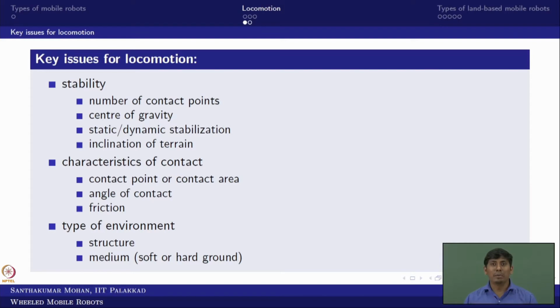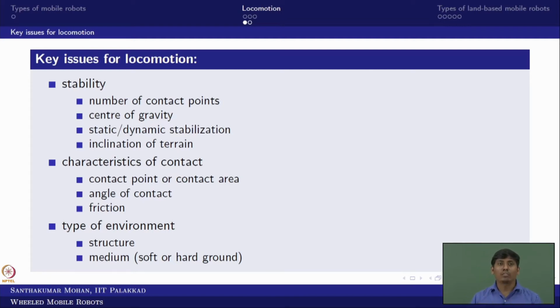If you talk about stability, there are two types of stability. One is at rest, in the sense that there is no motion or constant motion executed. At that time, how is the system stable? This is nothing but what you call static stability. But static stability is not the important one in all cases of mobile robots. So what is the important thing? The dynamic stability. Now when you talk about static and dynamic stability, what other characteristics come into the picture? There is the center of gravity, and the other one is the zero moment point.